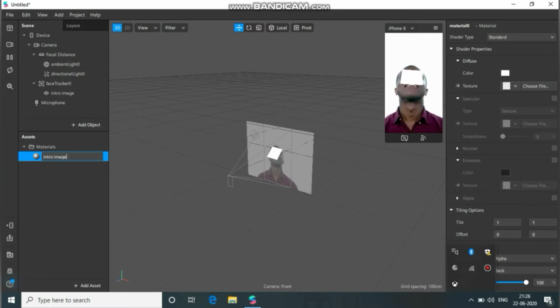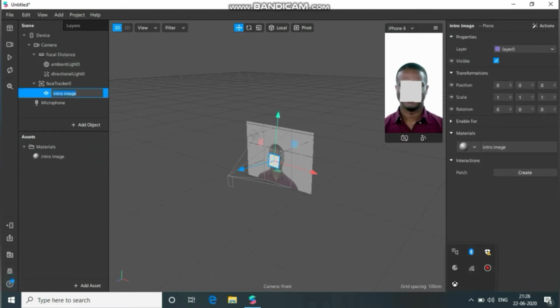Now, once it gets paused, select the intro image plane. With the help of this XYZ arrow, we can place it anywhere, and with the help of this square option, we can resize the plane however we want. We'll go with this one.